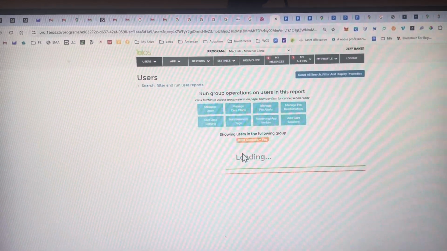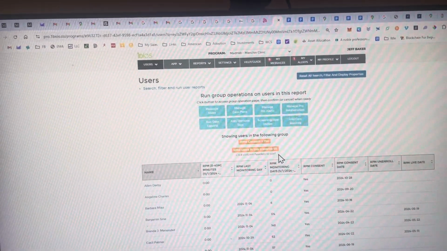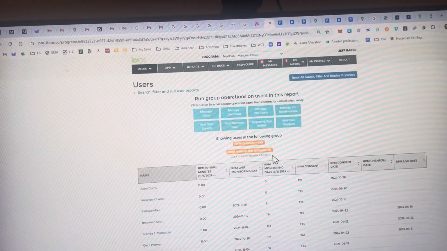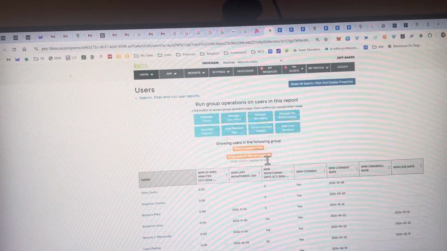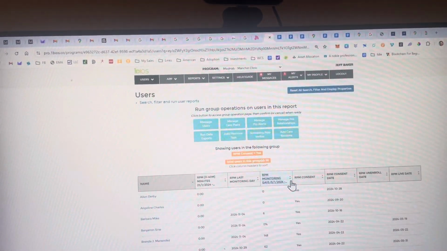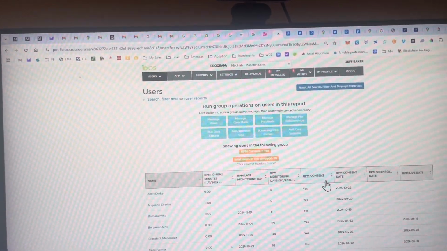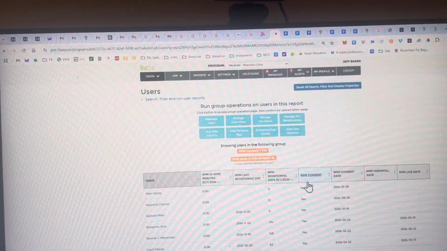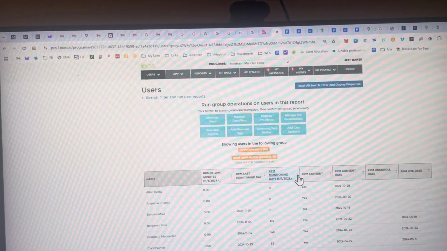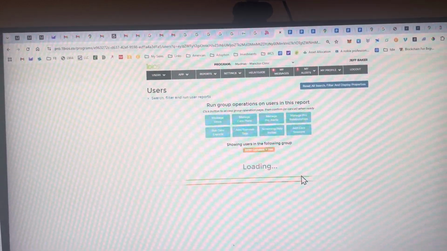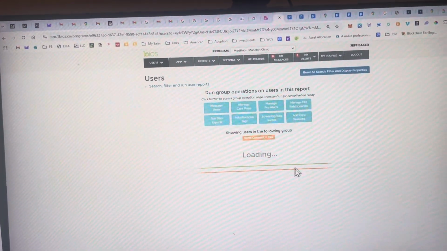We have about 55 users in the Mansion Clinic. And if I were to sort, you can see here, these are my sorting columns. All right, I am going to go ahead and sort on RPM readings. And when I do that, you'll see here